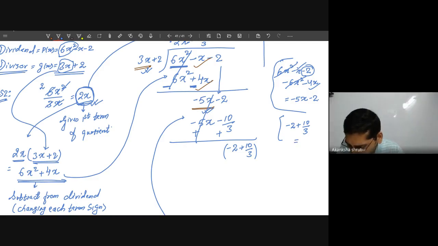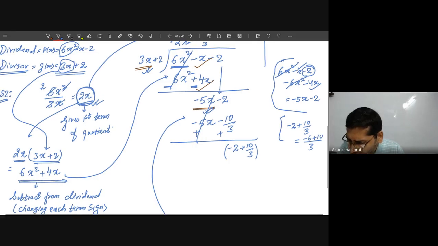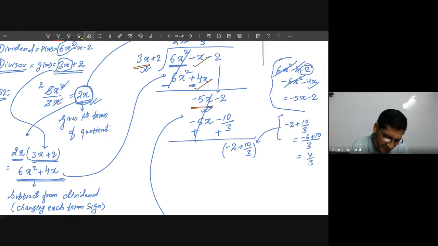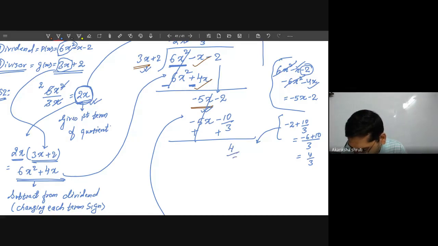So now go for simplifying this. It is 3 twos are minus 6 plus of 10. Students, this fraction addition you know. So it becomes 4 by 3. So in place of minus 2 plus 10 by 3, I can simply write 4 by 3. So rather than writing this bigger term, in the question, or when it is solved, it is simply written as 4 by 3.